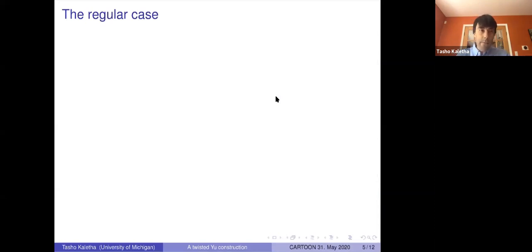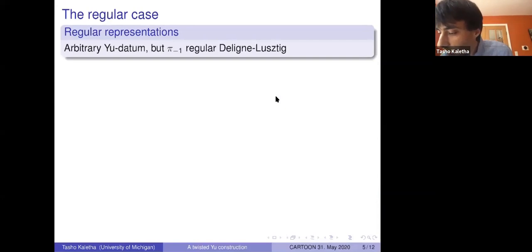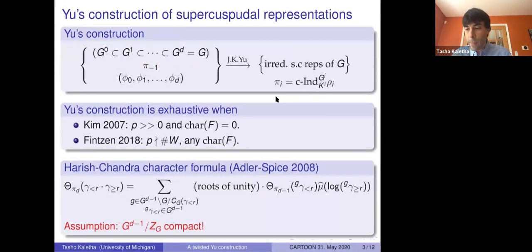The Toro case is a very, very special case of a U tower that is as small as possible. On the opposite end of that is the regular case where we take an essentially arbitrary U tower. The tower of groups can be as long as you want, the characters can be. You only make one assumption, and that assumption is that this pi minus 1, the depth 0 supercuspidal representation, so let me remind you that was this part of the U tower, supercuspidal representation on G0 of depth 0,